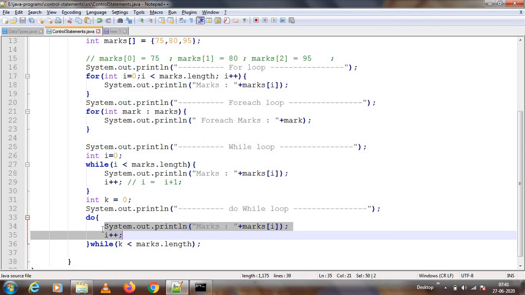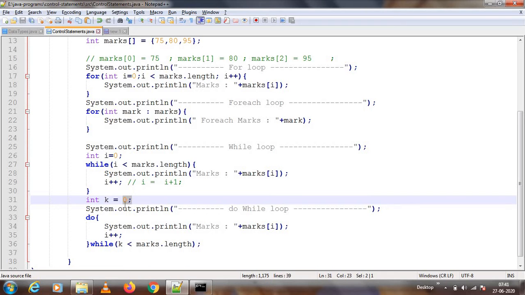So first do will be 0, then the 0th element it will print, then second do will be 1, then the first element is printing, third do will be 3. Then it will print 2, and then try to print 3. So it is not able to find the index 3. That's the reason. To fix that, maybe you can put -1 here.